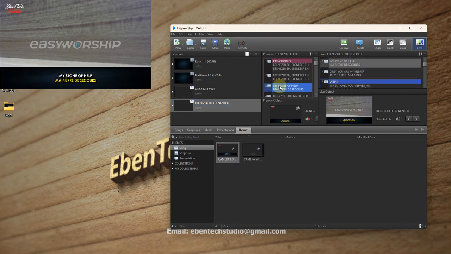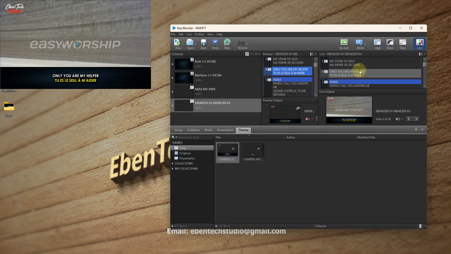So this time, this is how it's going to show. You see, I like this one more than when it is transparent, like when the lyrics are without any background, because this one looks nice. And then you can see I'm using a particular font that looks very nice and decent. The font is called Century Gothic. It's one of the nicest fonts that you can use. Aside from the Tahoma font, you can use Century Gothic